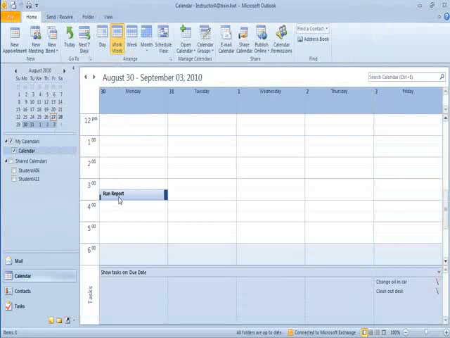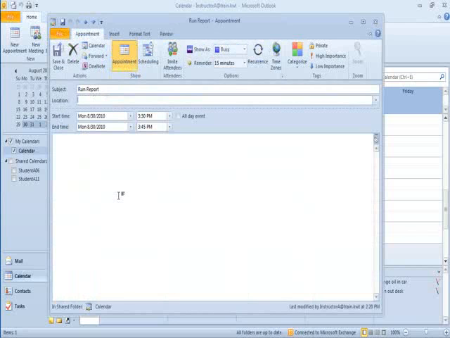and notice my report. Let's say, for instance, I need to run this report every week, and I want a reminder that repeats every week. I don't want to have to go to the following Monday and type in this same appointment. So what I'm going to do is I'm going to double click, and this is how we can edit an existing appointment. Double clicking opens up the form, and instead of creating a brand new run report appointment, I'm just going to come right over here to the recurrence tab,